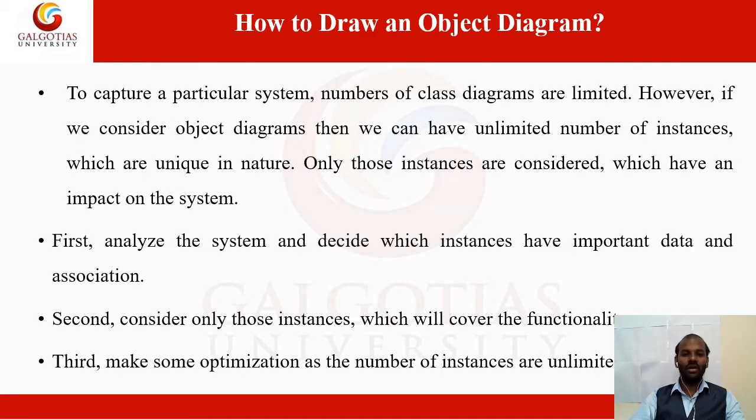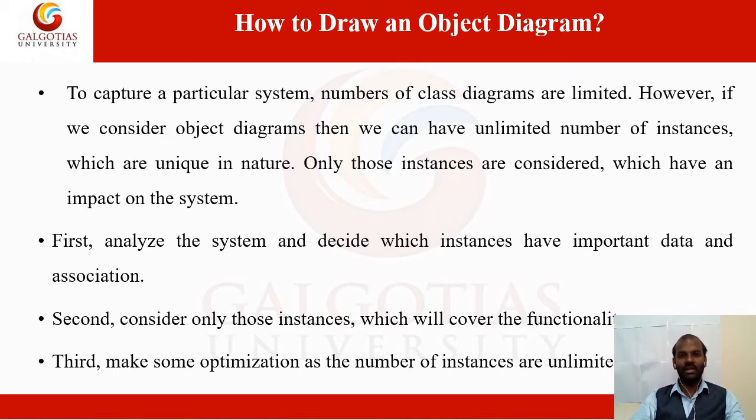And how to draw an object diagram. To capture a particular system, the number of class diagrams is limited. However, if we consider the object diagram, then we can have an unlimited number of instances which are unique in nature, and only those instances are considered which have an impact on the particular system. So in this way, the object diagrams are drawn in the specific